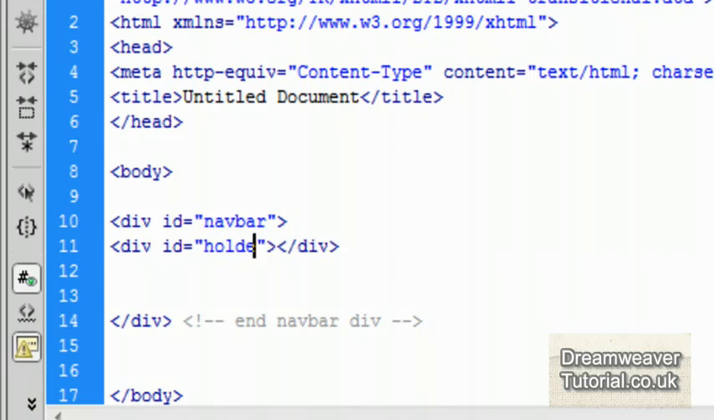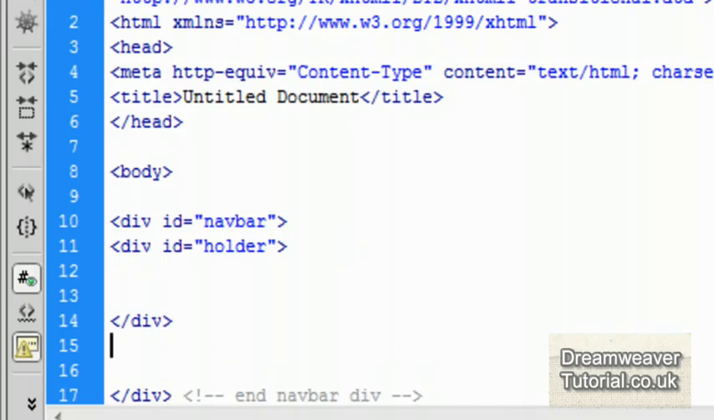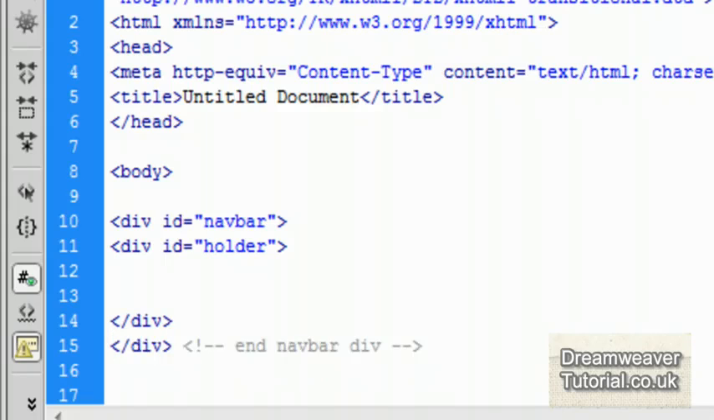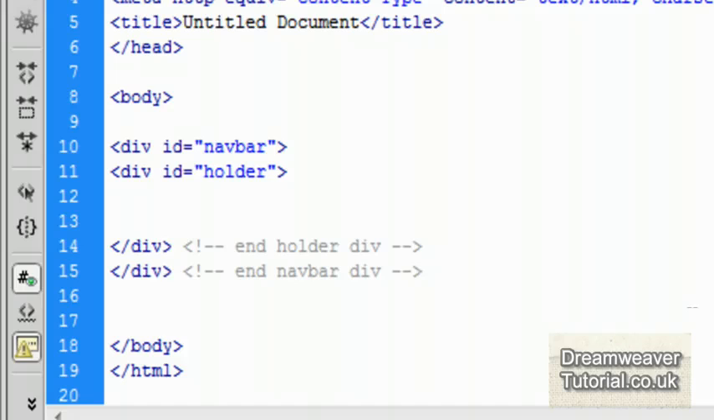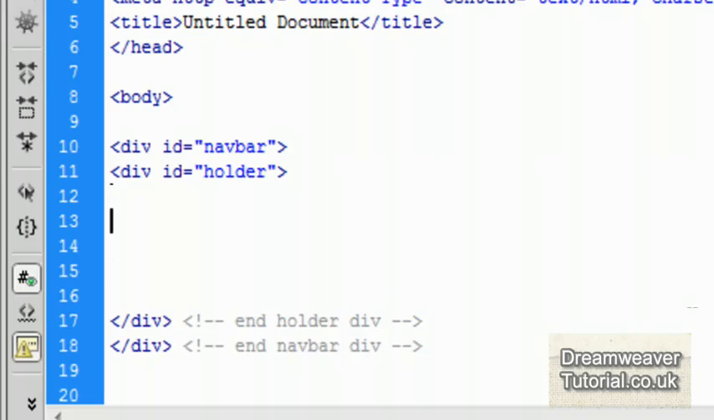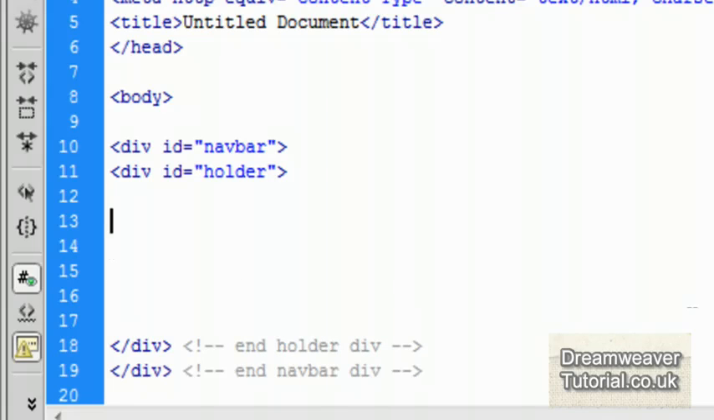So I'm going to call it div with an ID of holder, because this is going to hold an unordered list which we're going to turn into a horizontal tab navigation menu. Okay, so let's start creating that unordered list now. So I'm going to open and close a UL tag. So it's open angle bracket UL and closing UL tag,